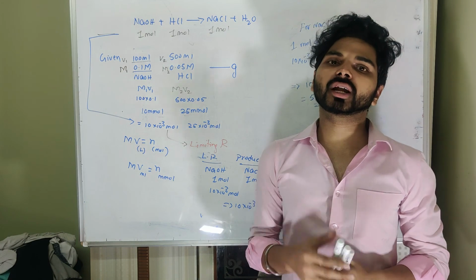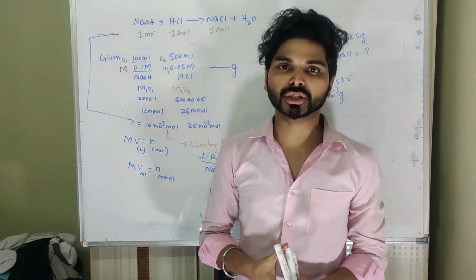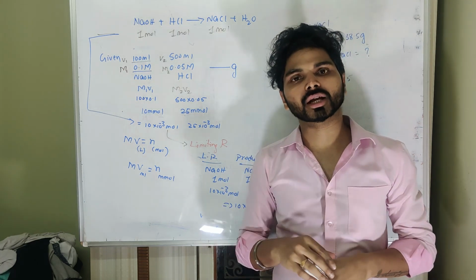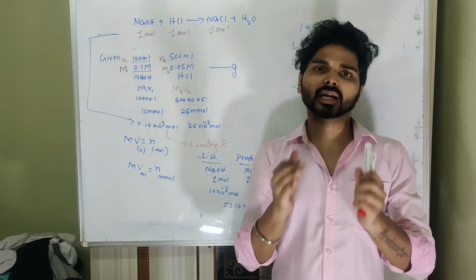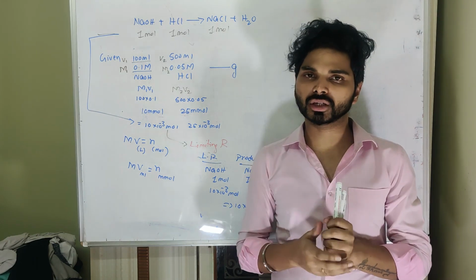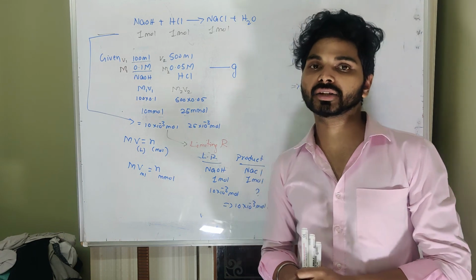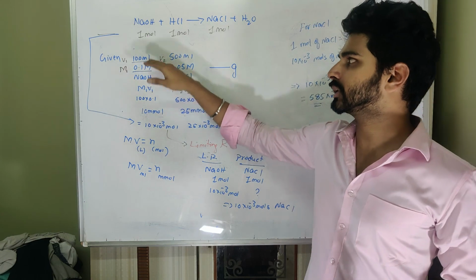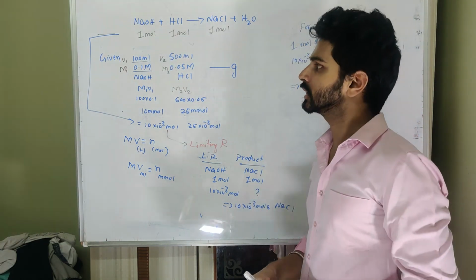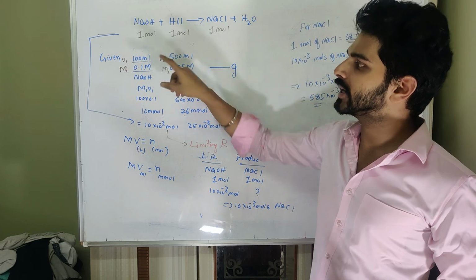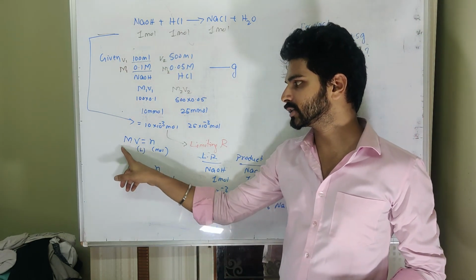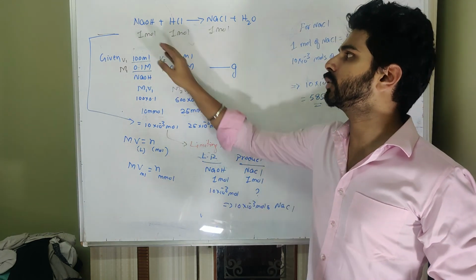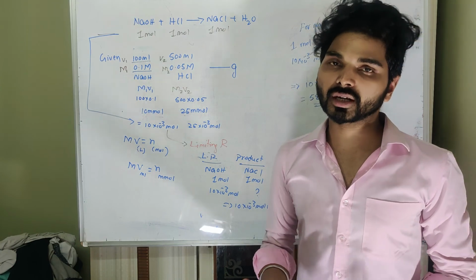As I told you, there are 3 different types of questions asked under concentration methods. One is direct substitution. Values will be given directly, and you can simply put them inside the formula and get the result. Another is conversion of one concentration method to another concentration. That is also one type of question asked. Next is volumetric analysis. Here solutions will be given and you have to do the stoichiometric calculations. Most of the time volume and molarity will be given. By using the formula, molarity into volume gives mole, you can simply multiply and get the mole. Once we get the mole, find the limiting reagent and get the value of the product.